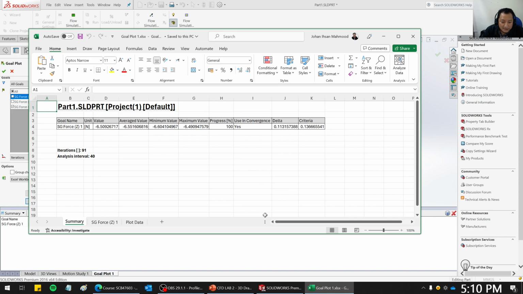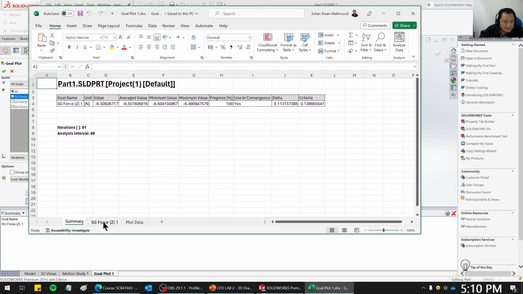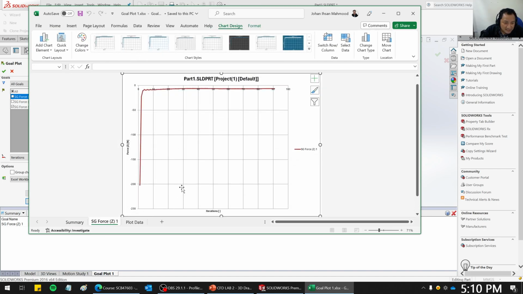And then I'm going to be looking at this one. So the value is about 6.55 Newton. The negative is fine because it is against the flow. The flow is in the Z direction, so the drag force will be opposite. 6.55. This is the progression of the analysis where the result flattens, it converges,